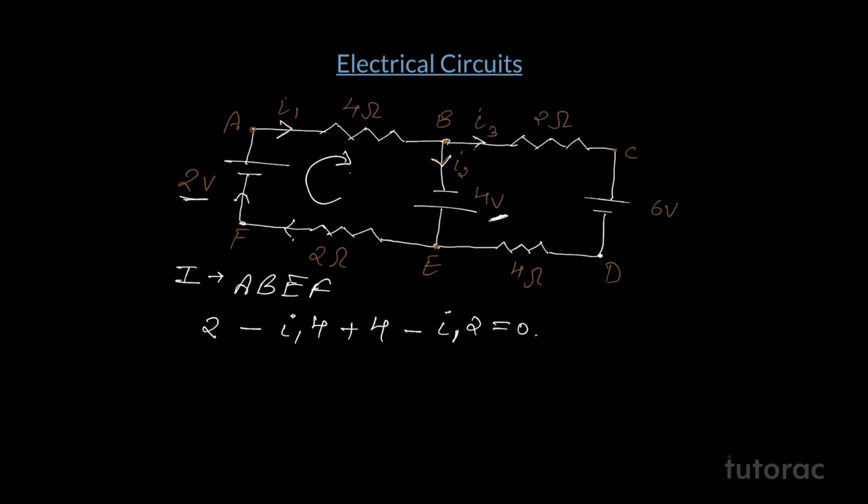Now, here we get a simple equation with one variable, that is I1. I can simply solve it out and generate an answer. Let us try. What we'll get? 4 plus 2, 6 equals to 4I1 plus 2I1, we'll get 6I1. And then solving it a little, we'll simply get I1 equals to 1 ampere. I hope you understood how we can apply Kirchhoff's voltage law or the loop law to get the